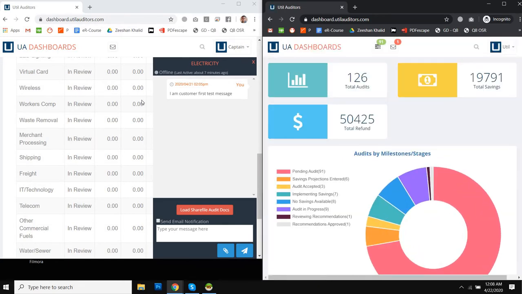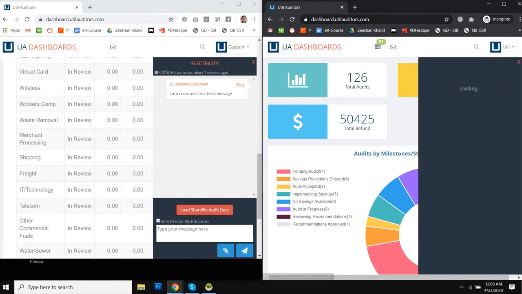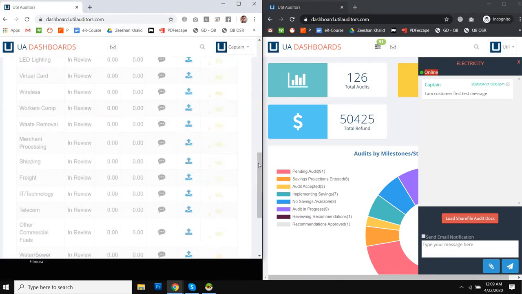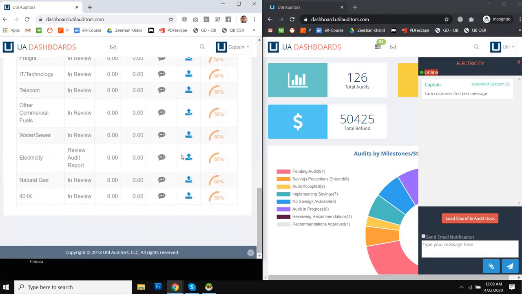If the client or the auditor is not online, they will see this pop-up, which indicates that there is an unread message from the client or from the auditor. When they click on this, it will pop up that message screen. We can see the same message here, and the status is also showing that this client is online. And we can also see the status has changed here,